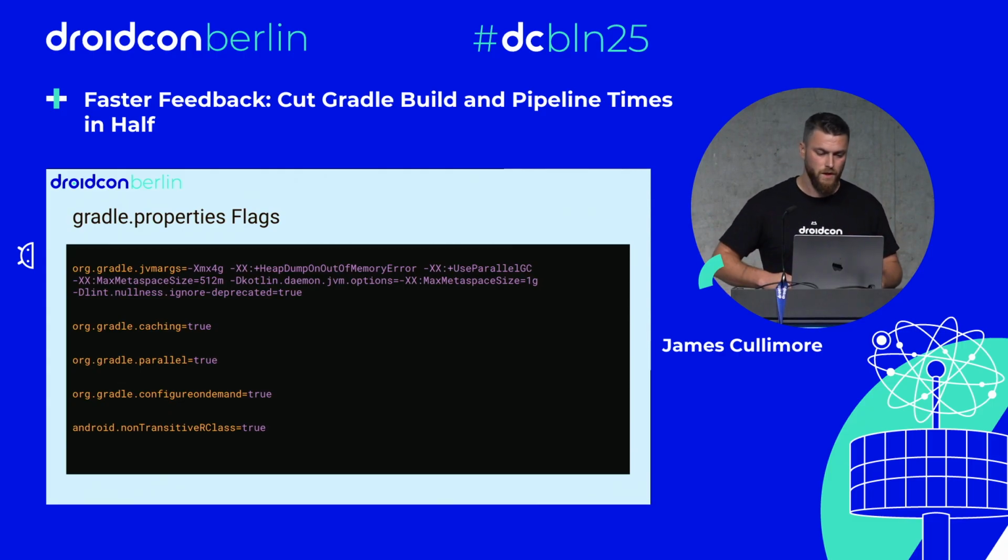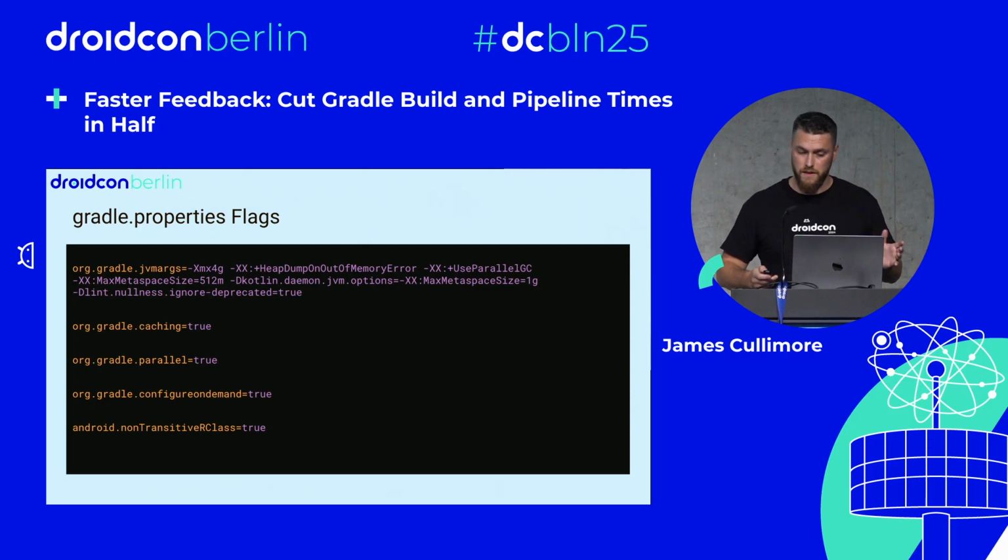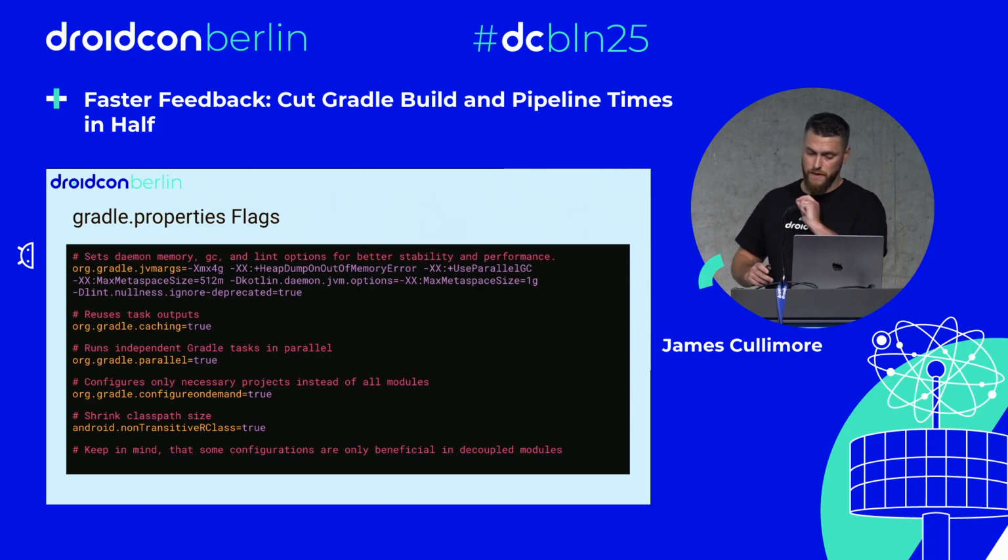Or better yet, test each one individually, especially on larger projects with tight coupling. The benefits vary a lot based on your module graph and dependencies. Here's a brief explanation. JVM args is basically telling Gradle's JVM how much memory to use and to use a faster garbage collector. If your builds are huge, increasing heap size avoids these dreaded out-of-memory errors and can speed up